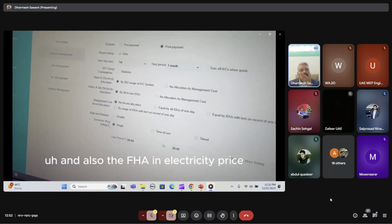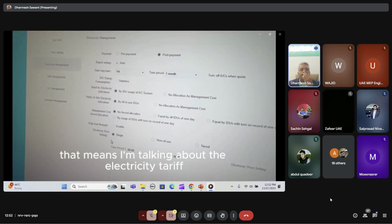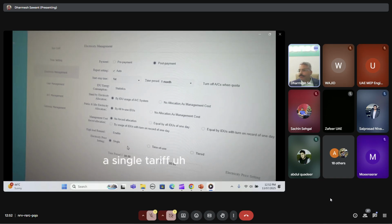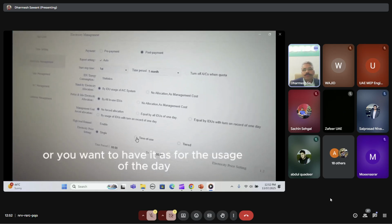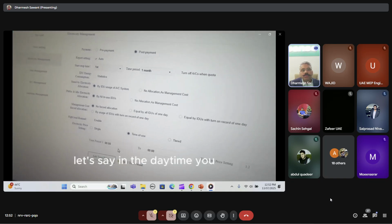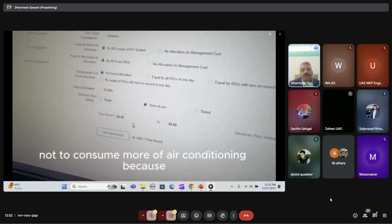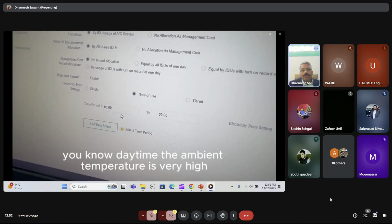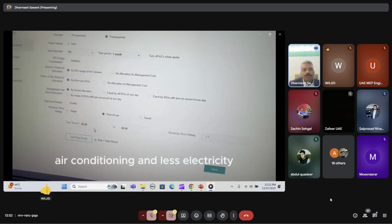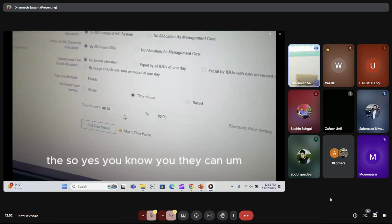In electricity price setting also, you have various options. I'm talking about the electricity tariff, whether you want to have a flat, single tariff, or you want to have it as per the usage of the day. For example, in the daytime you want to encourage people not to consume more air conditioning, because in the daytime the ambient temperature is very high. So you want to encourage people to consume less air conditioning and less electricity. In the night time, the ambient temperature is low, so yes, they can